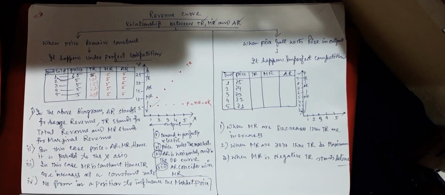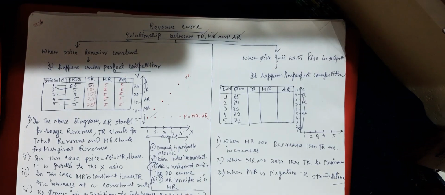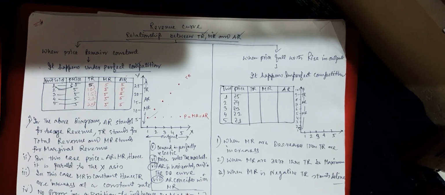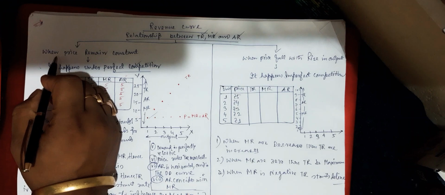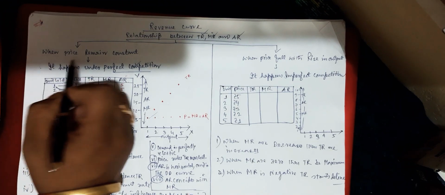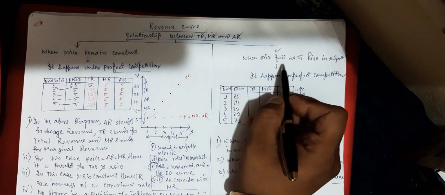Hi students, today I will discuss something about the revenue curve and the relationship between TR, MR and AR. In the relationship between TR, MR and AR, you will get two segregations. You can see on the copy: when the price remains constant, and when the price falls with the rise